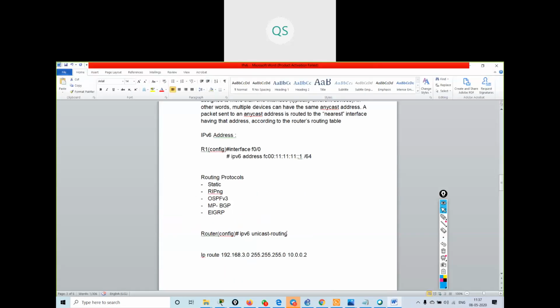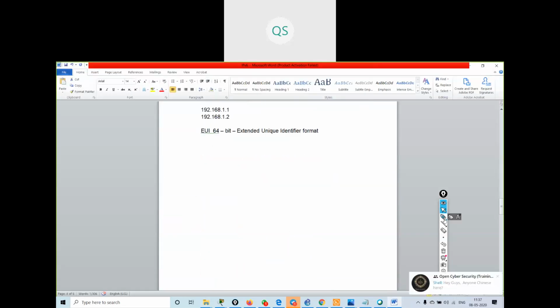Suppose you are having a MAC address, and the MAC address is ABCD colon 1234 colon ABCD. This is your MAC address and it is 48 bits.